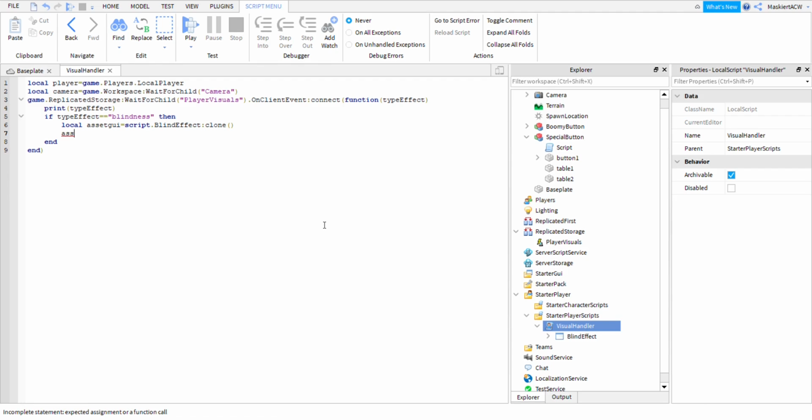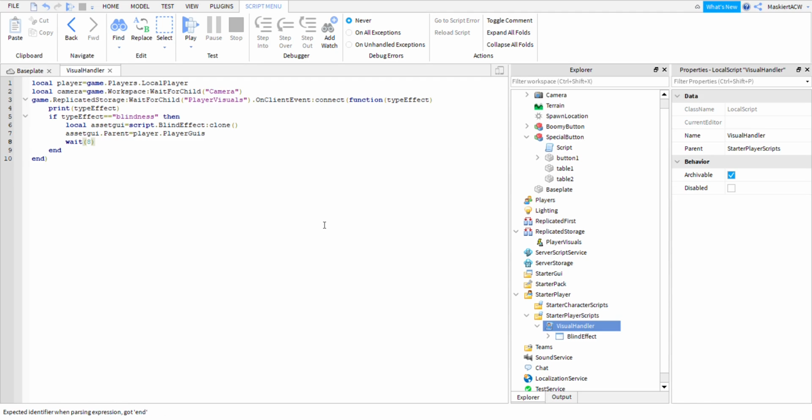Then asset GUI dot parent equals player dot player GUIs. I think that's what it is. Let's hope it is. And then we're going to wait 8 and then asset GUI